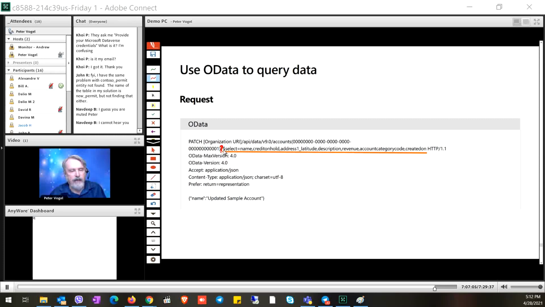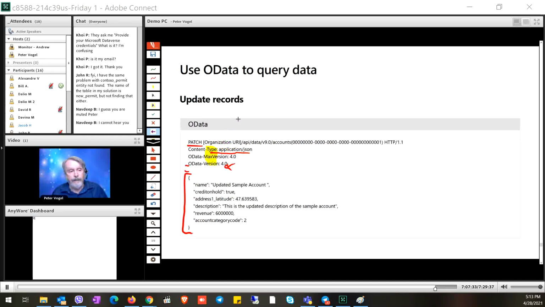Okay, no, they haven't screwed up. So what they've done here is they've put in, after the query string, select. This is now starting to get into OData area. OData allows you, following the query string, to put in keywords. And the keywords all begin with a $ sign. All begin with a $ sign. $select allows you to say, please send me back